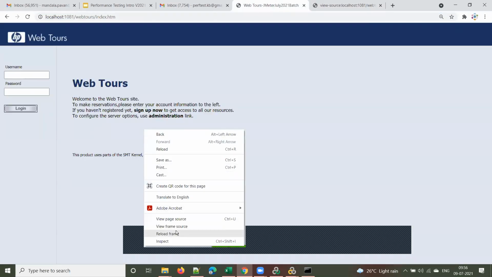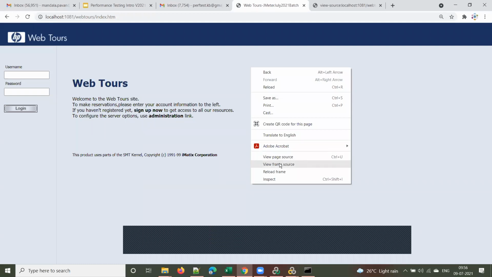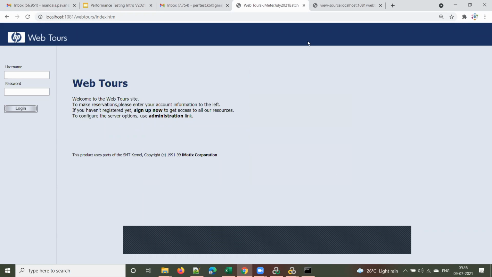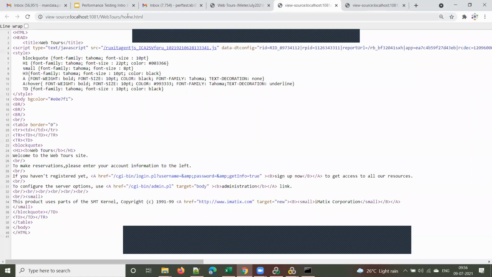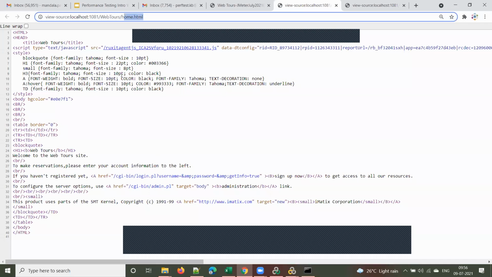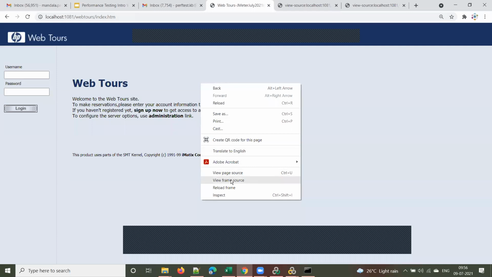And if you click here and click frame source, what will you get? See, I am right clicking here on the frame, and using frame source. Means this is one frame. What is this frame called? I mentioned just now. Home.html, right? So let me show you that. Okay, let me clear this. If you select frame source, you'll see the home.html code. This is the HTML code of this home.html, right? As I right clicked here, it is showing this part, this frame source, and I selected view frame source.